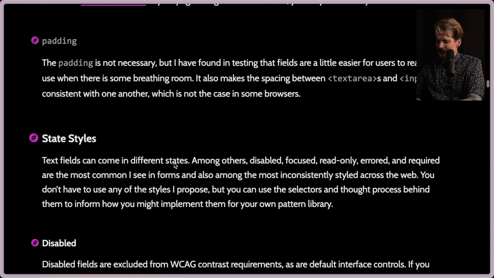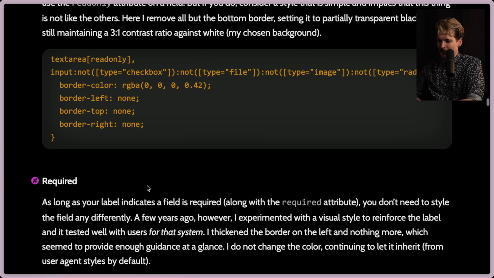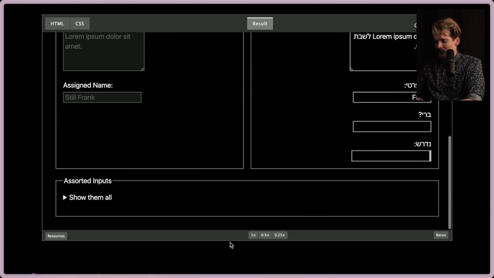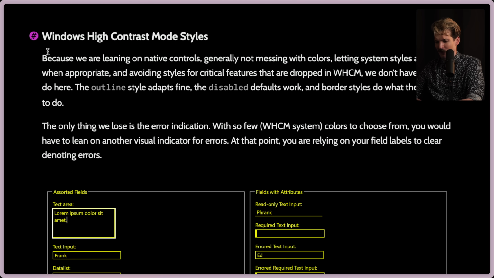They have a bunch of additional styles here that they recommend, mostly resetting things, adding borders, handling read-only states, error states. This is all phenomenal, and I highly recommend you check this blog post out if you want to learn more. Even high contrast mode stuff,